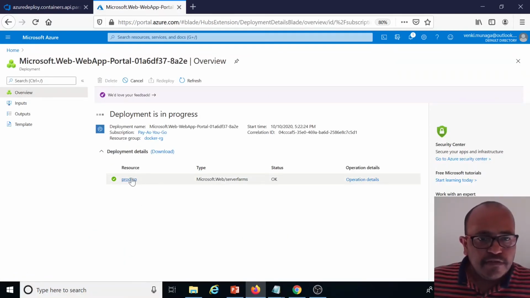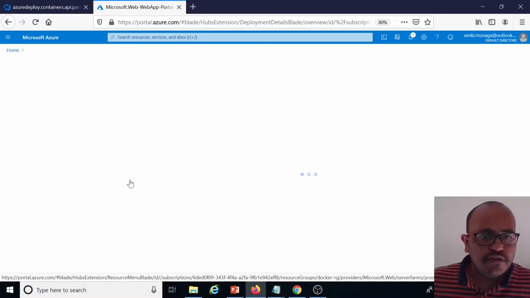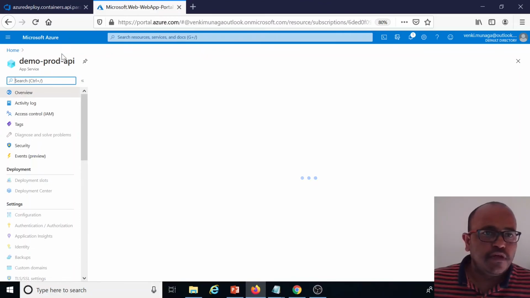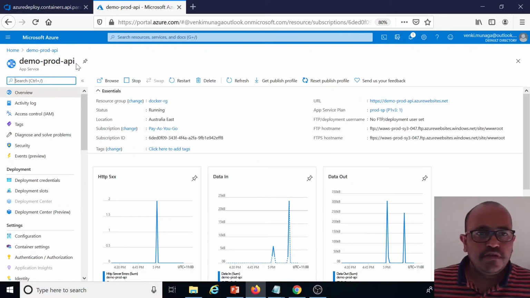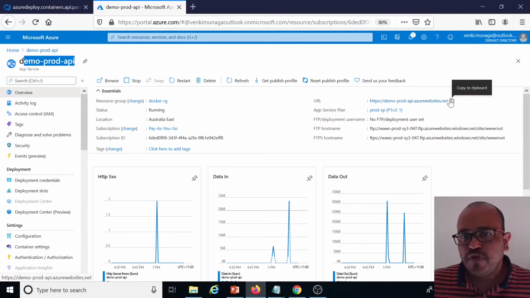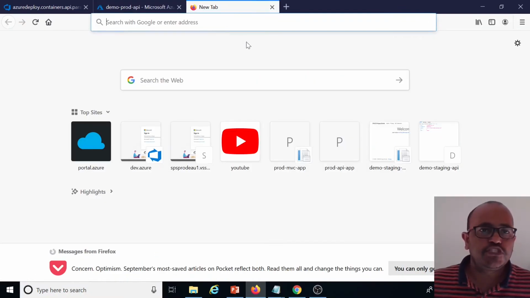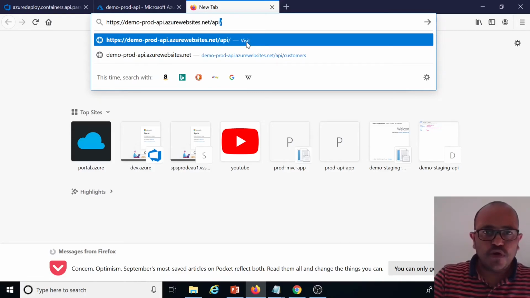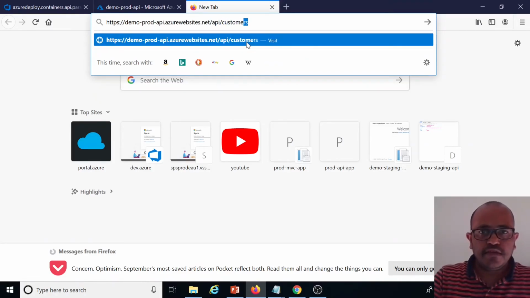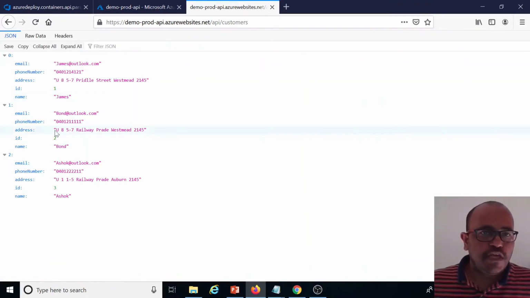Now if I see here, this is already created. If I go and check this one, we'll go back to the app. So this is the app. I will go and check this. You can see the extension azurewebsites.net. Now I will quickly test first. This is the API, so I'm giving the API path directly. If I give the API path, now I can see it is working fine.